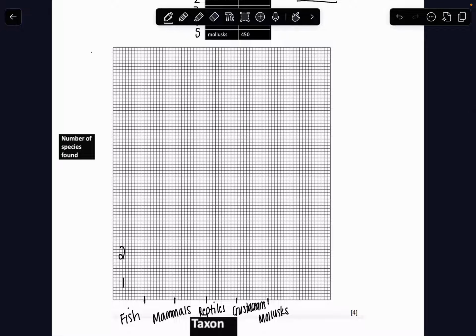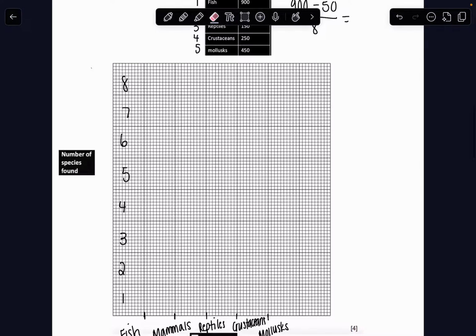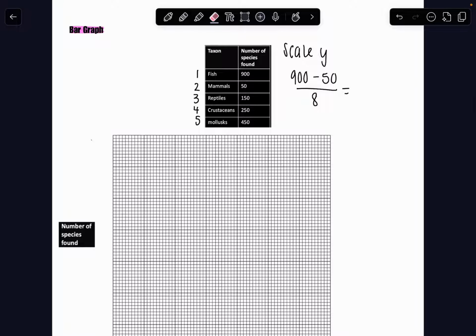So just like the line graph, we have 8 boxes. So 8 boxes going up the left-hand side of our graph. Again, remember you have a calculator when you're graphing for when you take 900 minus 50 divided by 8. You're going to get